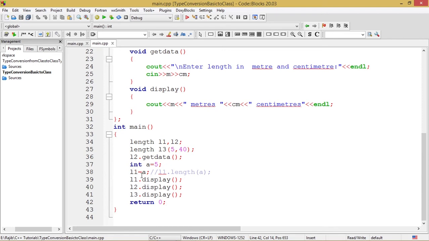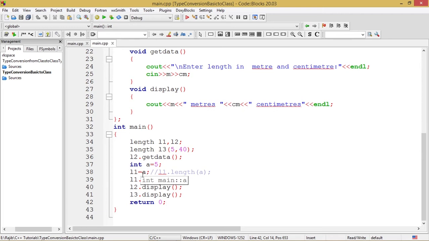Then this is the line which is very important in this program, because this is the line which implements the main concept of this video, that is type conversion from basic to class type. This is the particular line in which it is implemented, and that is why this line is to be noted and kept in mind.